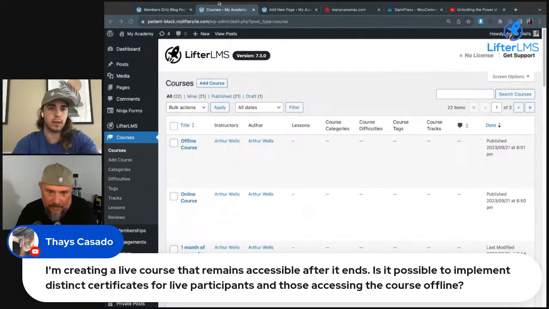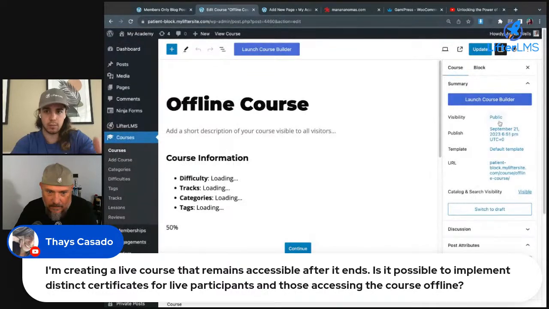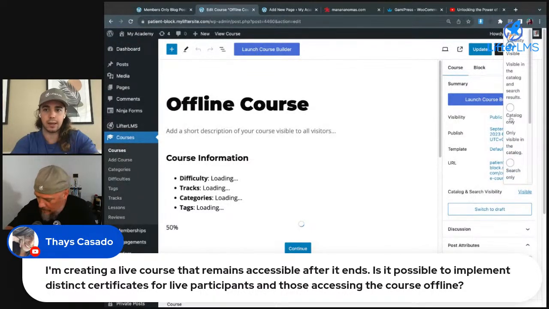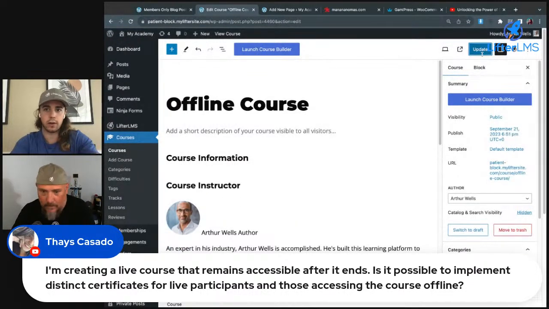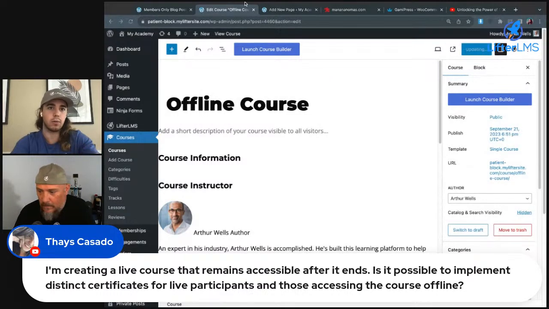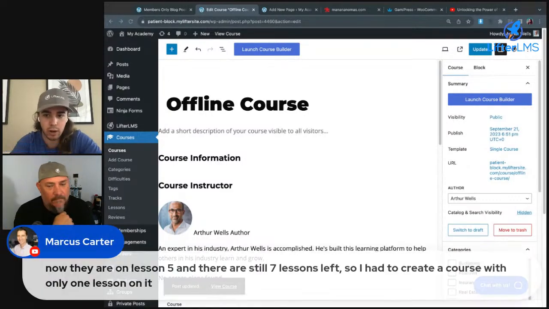Students log into the website, they click Mark Complete, and then they get access to their certificate. So for the offline course, it would be very important to hide the URL to this course. You'd make it a hidden course, and then you would provide the in-person offline students a link to this course. It could be with a QR code or whatever you want for an in-person thing. They would scan the QR code, sign up, and they'd get their certificate. Or you could even implement a quiz, so they have to take a 5-question quiz or something in person. That's probably the direction I would go in.